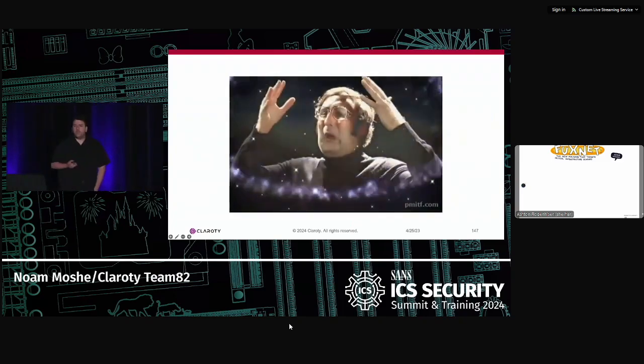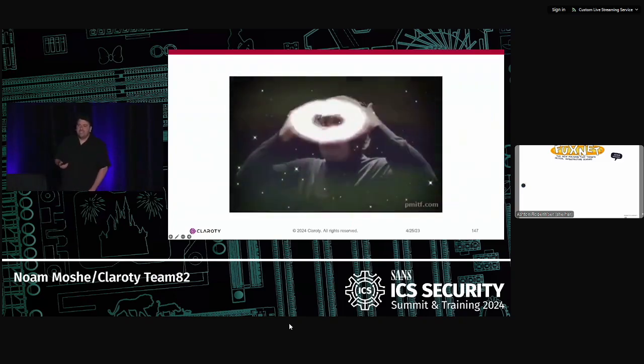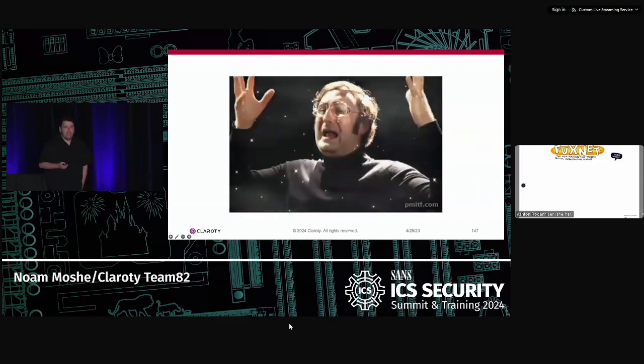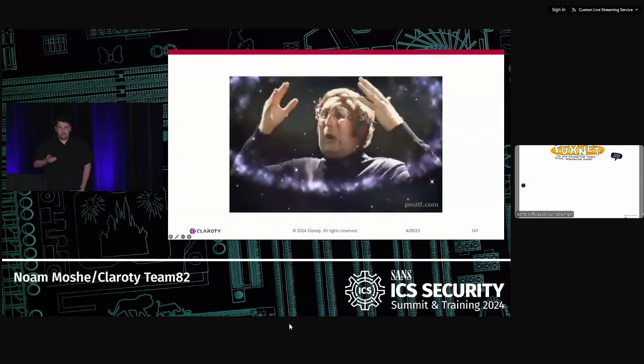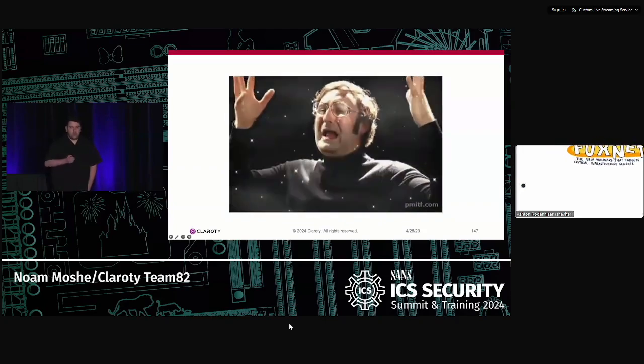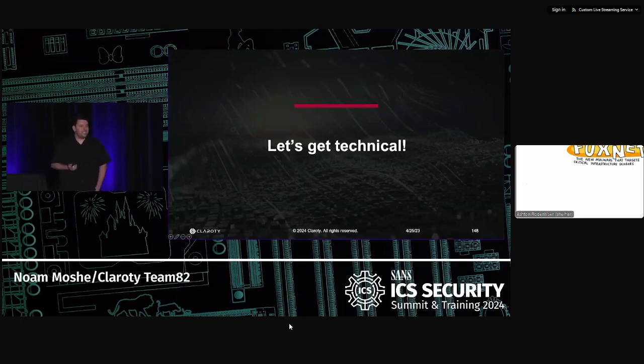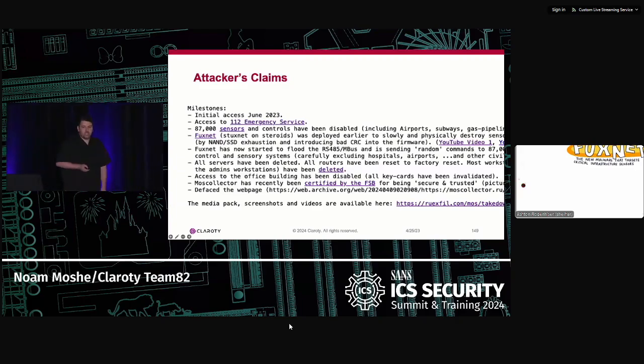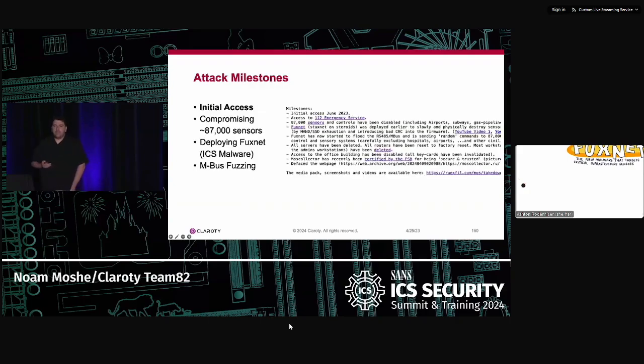Now, this is crazy because we don't see many times an ICS attack of this scale attacking a very big nation state like Russia. So let's get technical, and after we understand what happened, let's understand how it happened and what went wrong. So in their claim, Blackjack basically released a statement saying, this is what we achieved. And to summarize it, basically they claim these 4 major goals.